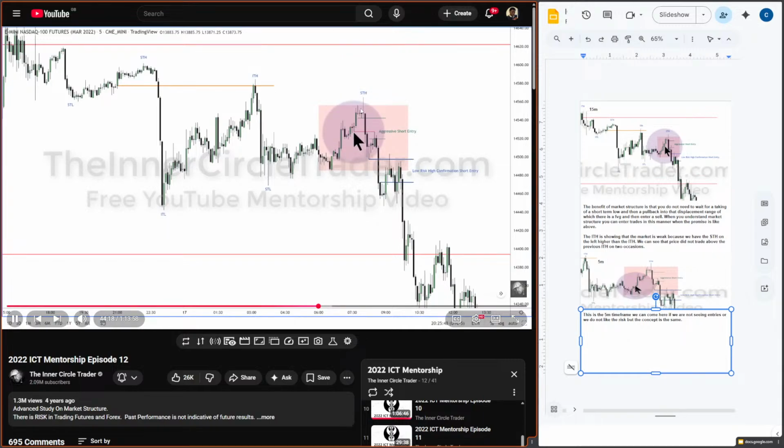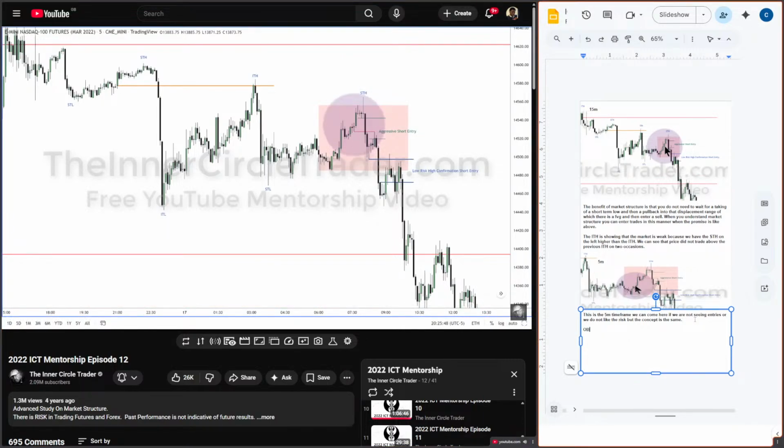But order block theory is much more than just simply the last up-close candle before a down move or the last down-close candle before the up move. That's not it. This is it. You have the up-close candles together here with the imbalance inside a larger order block within the bearish market structure, because we have an intermediate term high here, and this run up is going to fail to go back above this high.